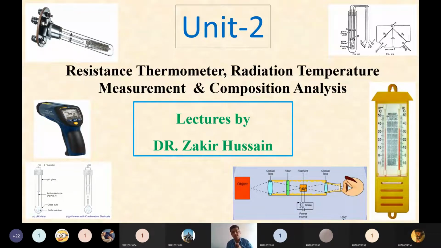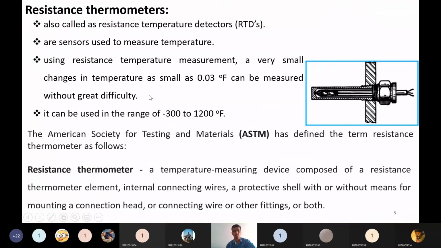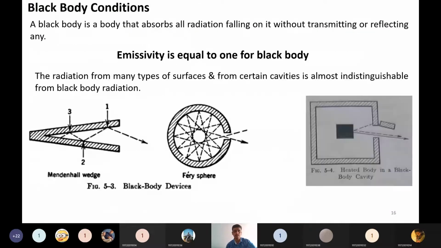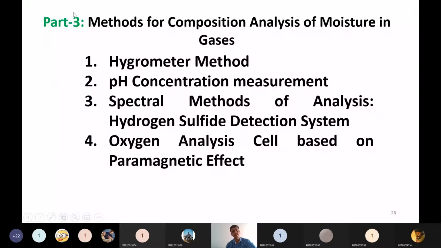Until the last class, we were seeing this unit 2: resistance thermometer, radiation temperature measurement, and composition analysis. We have covered the resistance thermometer and radiation temperature measurement. Part 1 topics we have seen entirely, and part 2 we have also covered, radiations. Today we are going to start part 3 of unit 2, which is methods for composition analysis